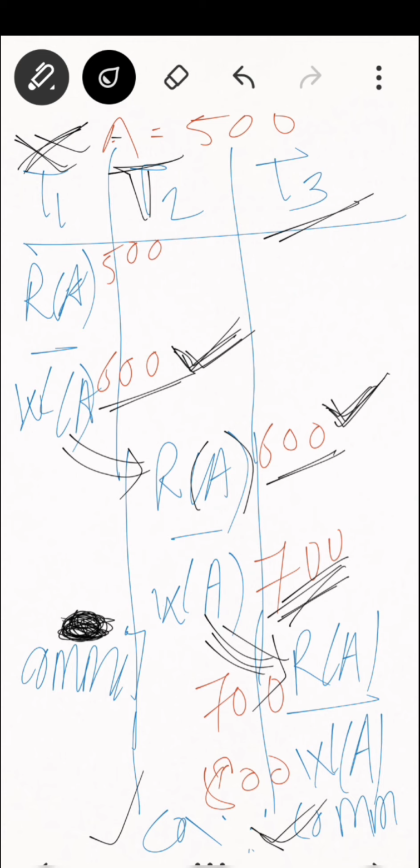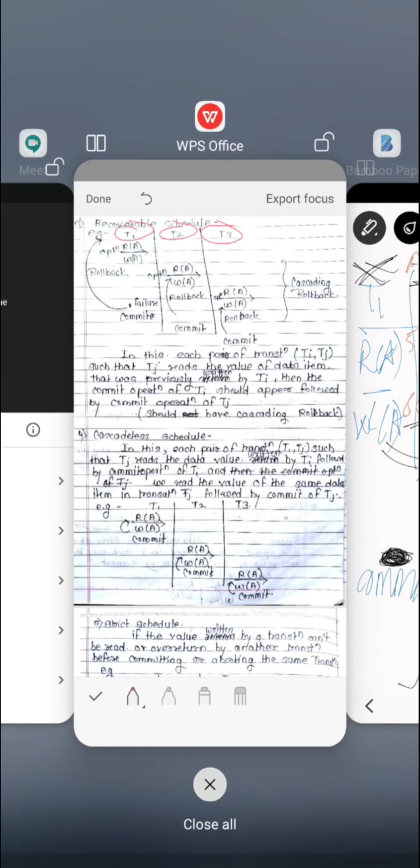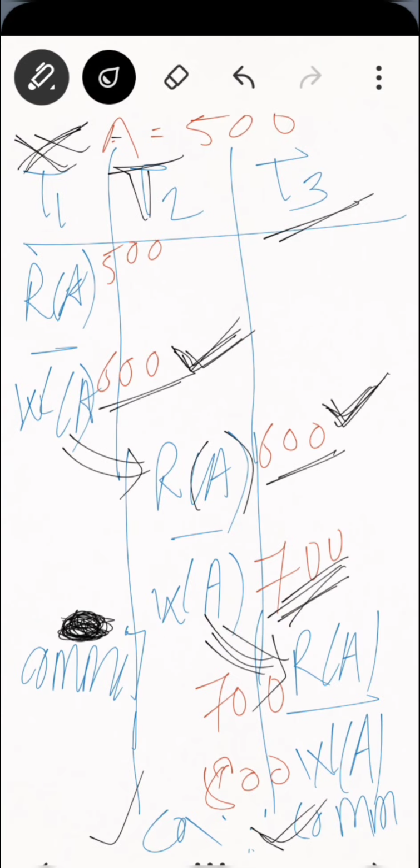So what is the solution for this? This type of transactions are called the recoverable schedule. How are we going to recover this? See, आता ह्या दोन ट्रान्झॅक्शन T2 and T3 got committed, and before committing them we need to roll back them. Rollback means what? We need to restore them.